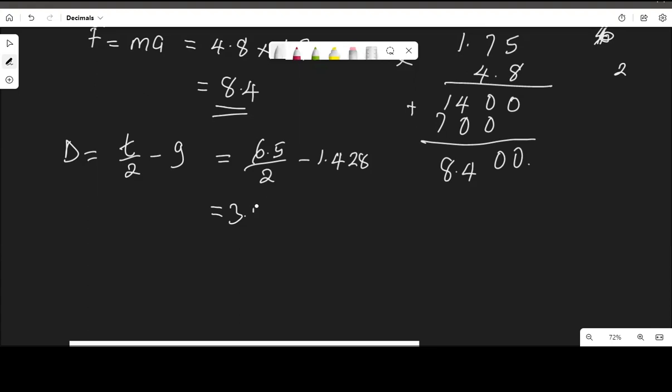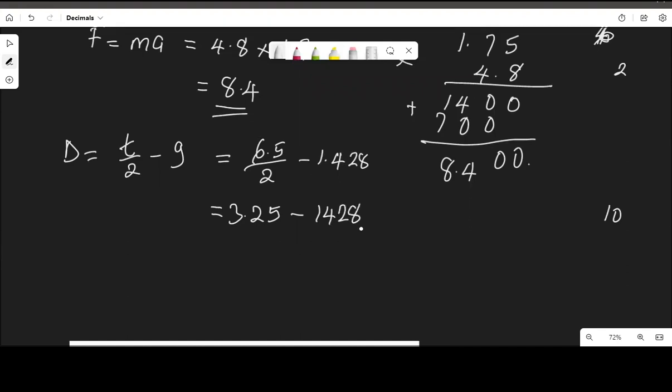5 divided by 2 is 2. Remember 1. That 1, if I place a 0 behind it, is 10. 10 divided by 2 is 5. So 6.5 divided by 2 is 3.25. Then 3.25 minus